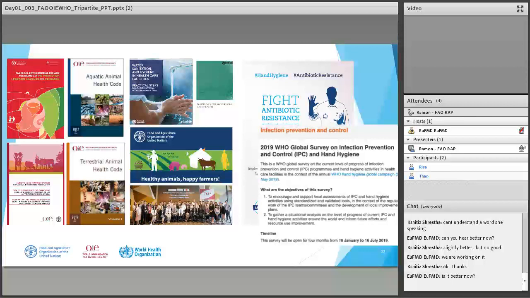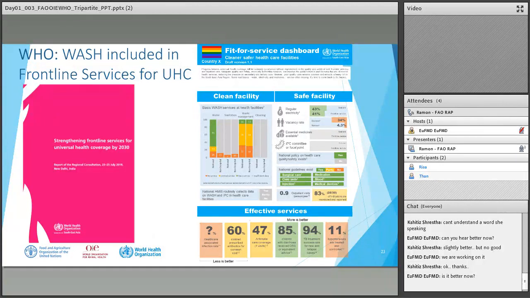So on infection prevention and control, these are some of the standards that Takiri was talking about from OIE on the terrestrial and the aquatic animal health codes. FAO is also looking at a lot of lessons in terms of biosecurity and improvements in pig production. And WHO is doing quite a lot. This is the survey that I was talking about, which closed in July and should be reporting quite soon. But there is quite a lot of work now being done in this particular region to try and incorporate infection prevention and control to maximize it within health services.